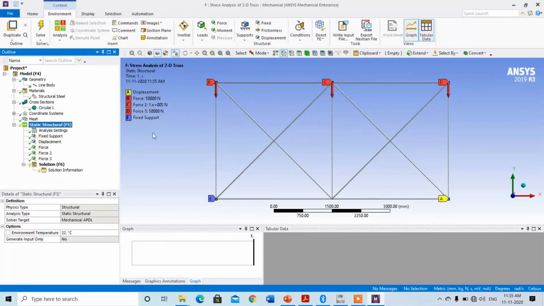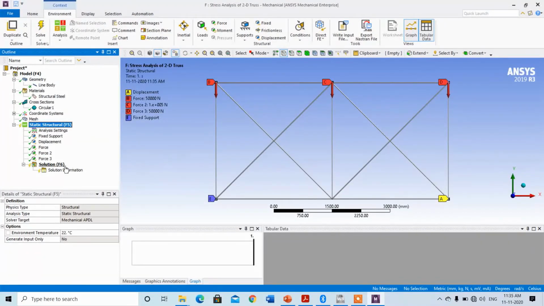Yes, there are 3 forces: 50,000 Newton, 100,000 Newton or 1 lakh Newton, then 50,000 Newton. Here it is completely fixed support, and here we have provided the displacement. So we have completed the boundary condition for the given truss problem.